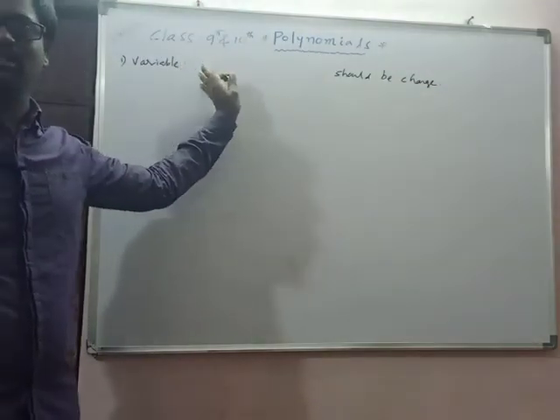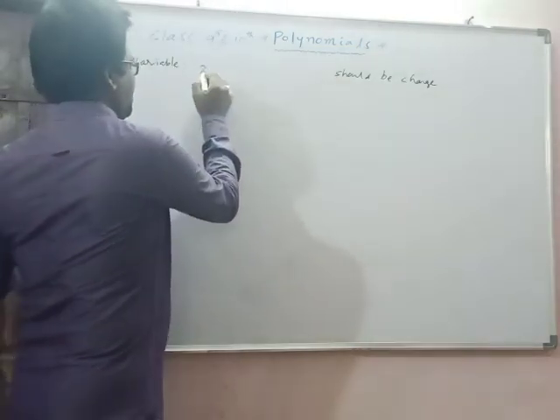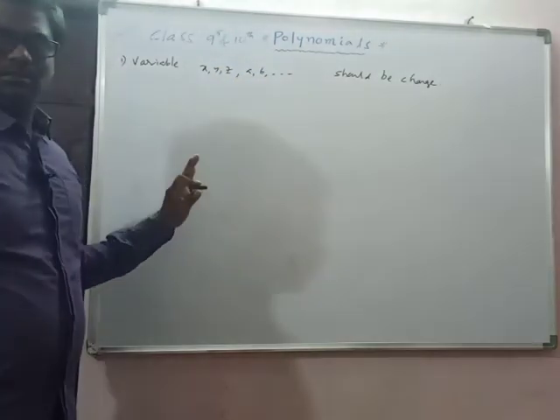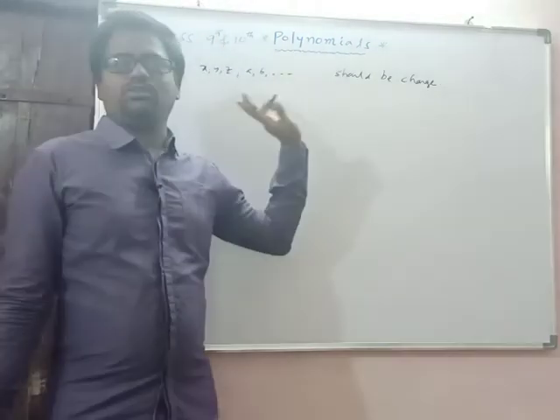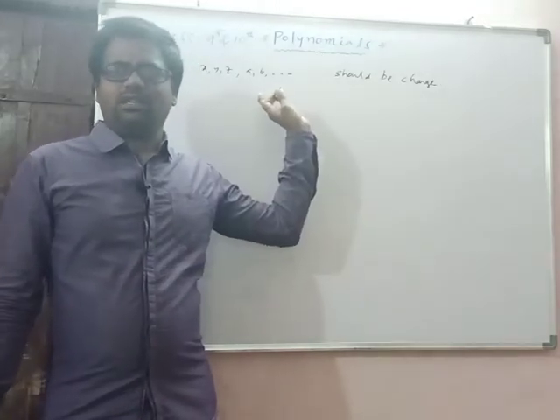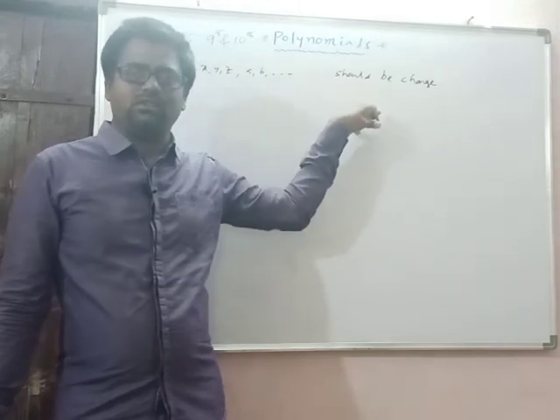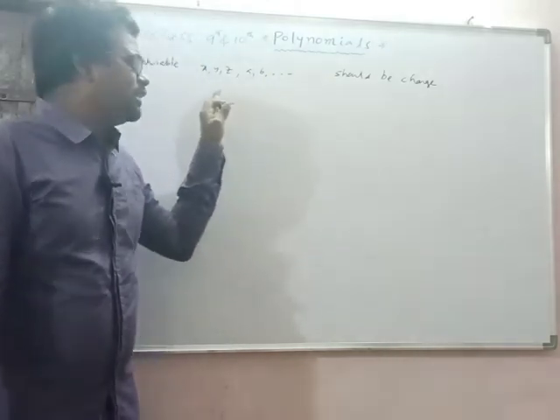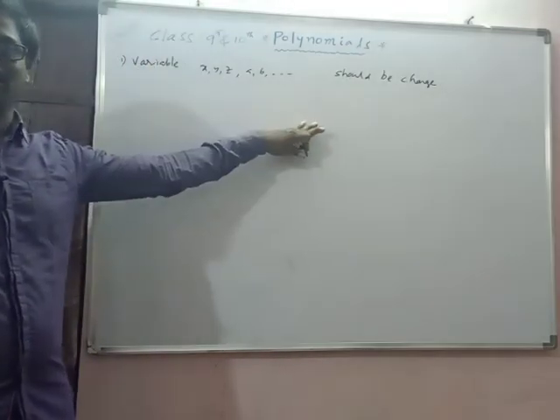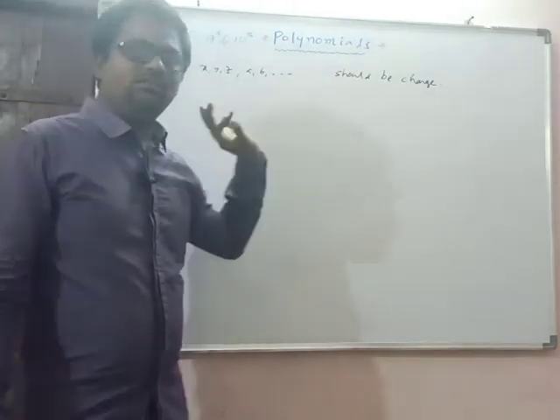So we have to express the variables. All variables are expressed in English alphabets: x, y, z, a, b, whatever. In place of x we can write 2, and in place of x we can write -3. Like that we have to change the values every time in place of variables. Every time the value is changing. That's why variable comes from variance, and variance is nothing but changing. So that's why a variable is a changing value.